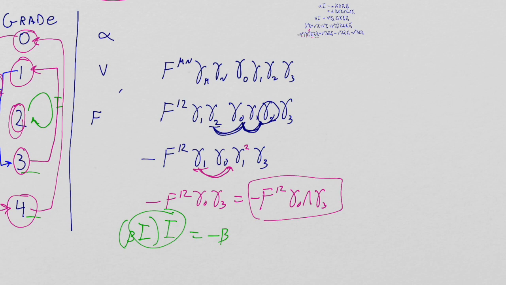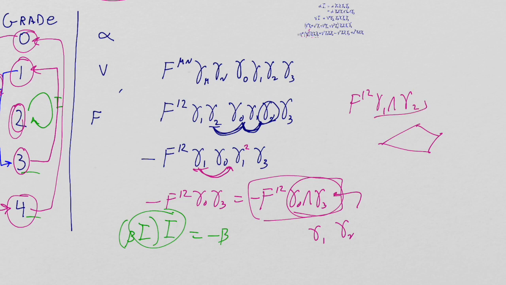Gamma 1's gamma 0, that's a little blade out there, right? That's a little blade, F12, gamma 1 wedge gamma 0, some little bladey object. And no, F12, I'm sorry, not gamma 1, gamma 0, gamma 1, gamma 2, right? Gamma 1, gamma 2. But the result is gamma 0, gamma 3. Notice that neither gamma 1 nor gamma 2 appear in this blade, right? So this blade here is actually orthogonal to this blade in the sense that it's not composed of any of